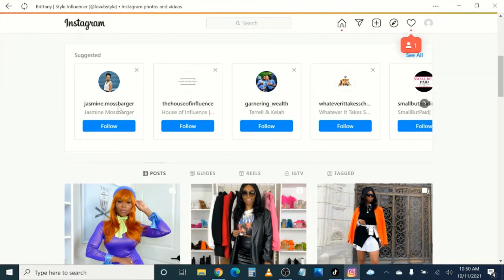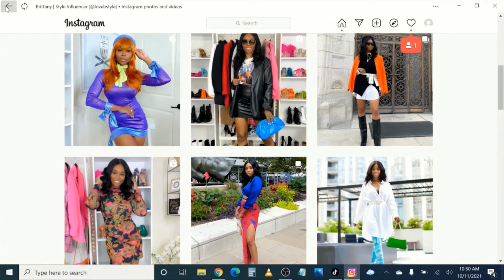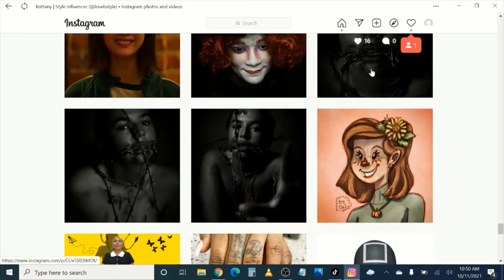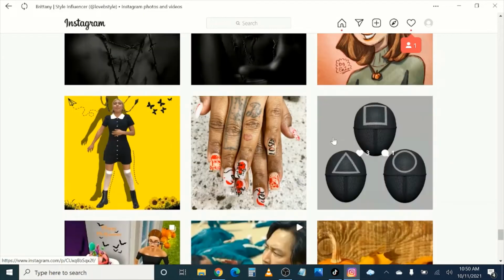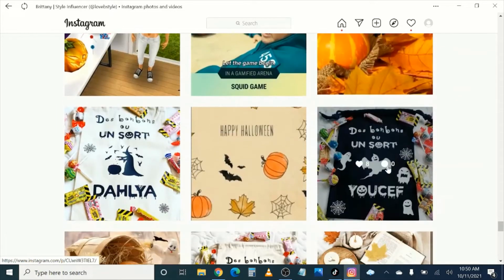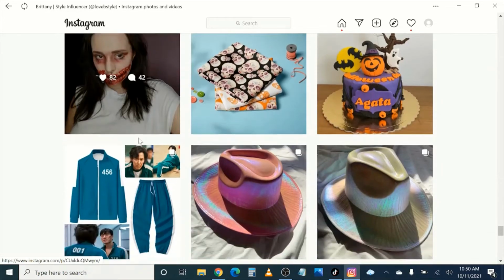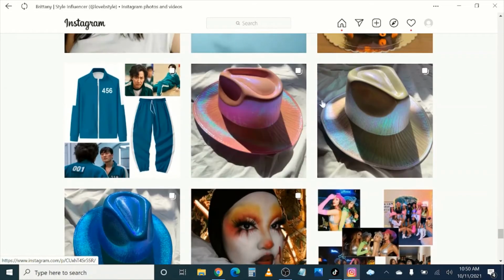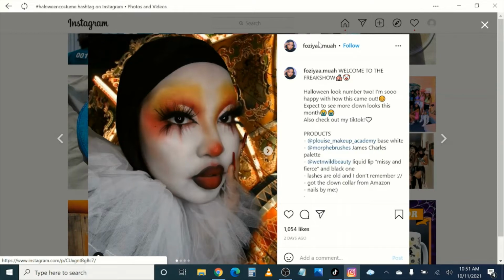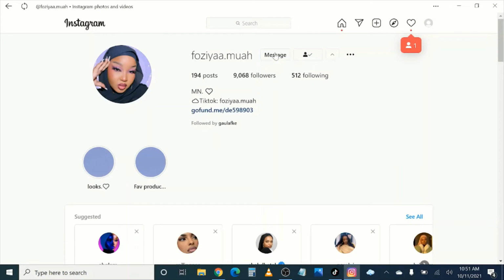So you can just check that. The following there is not really ideal, so just go back to Halloween costume and just proceed with the checking. I wish Instagram had a feature that allows you to just highlight or filter or sort in accordance to the engagement or the number of likes or followers, so it would be easier, because for this one we have to go through each individual picture, but no worries, it's a little bit easier. So for that one you just message